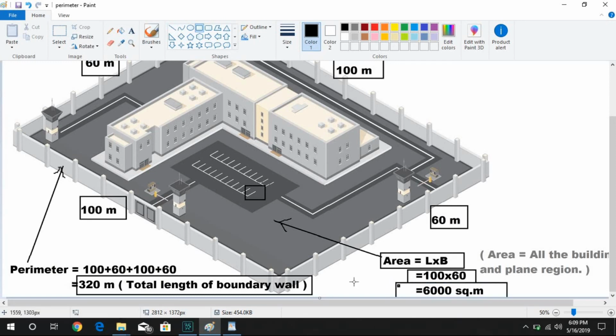With the help of this diagram, you can differentiate between the